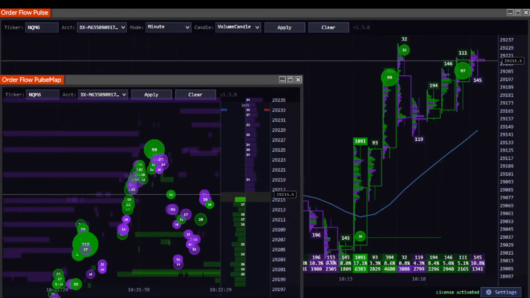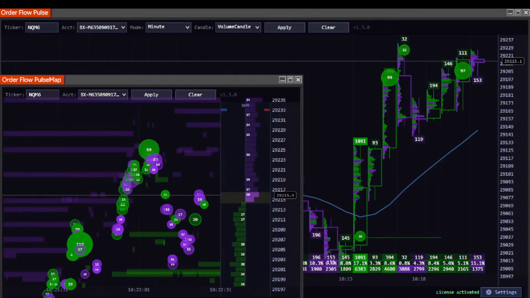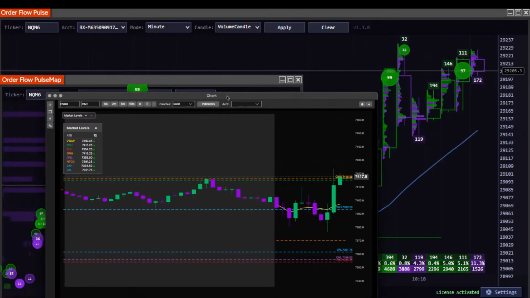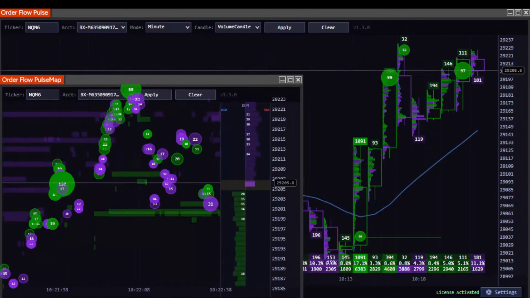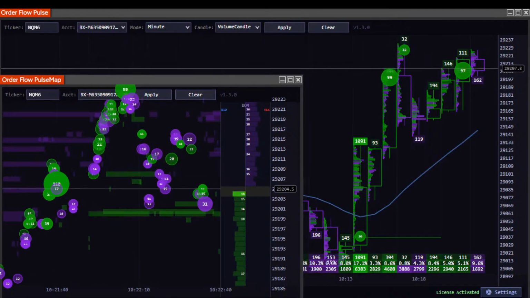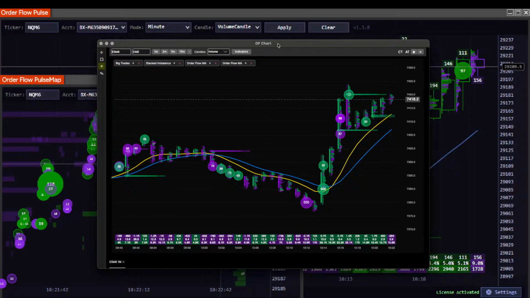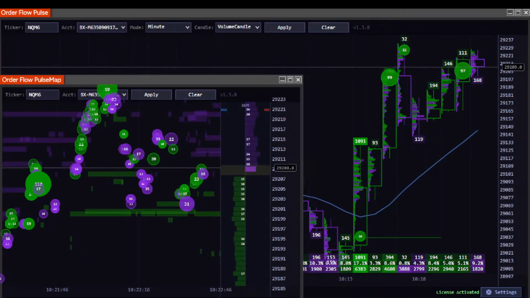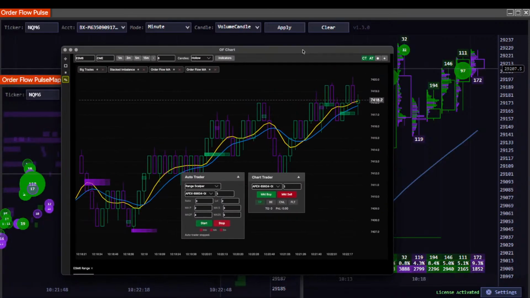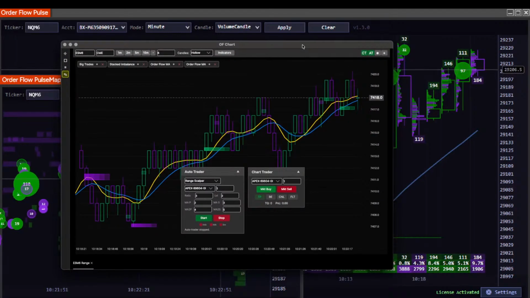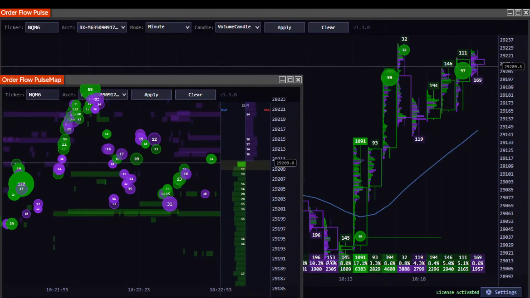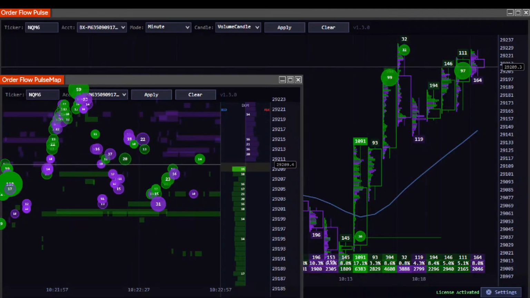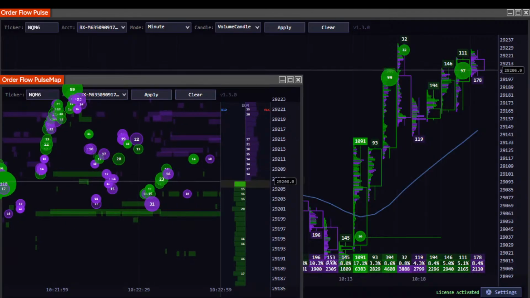But I got 3 windows up when I'm trading the ES. I got my 15 minute, which tells me my market levels. Then I got a 1 minute up here, which kind of tells me where I'm going. And I got a 6 range bar for hyper scalping. I scalp off the 6 and the 1 minute. Yes, I do scalp off the 1 minute, folks.